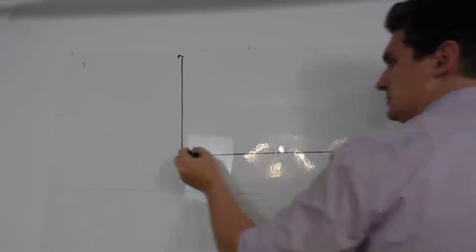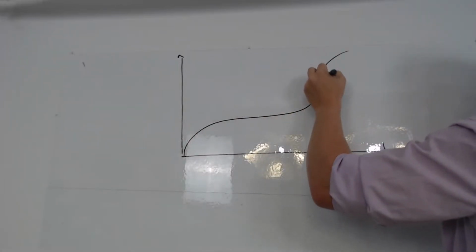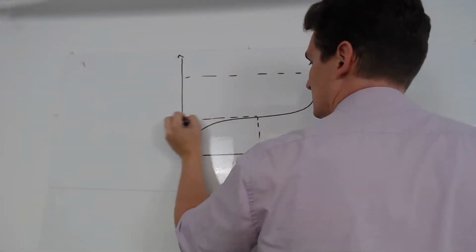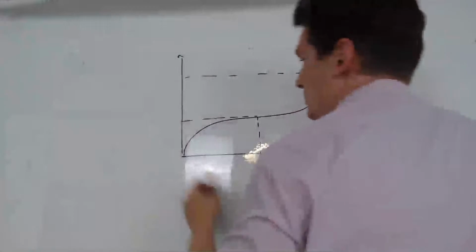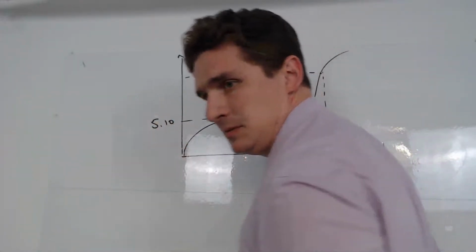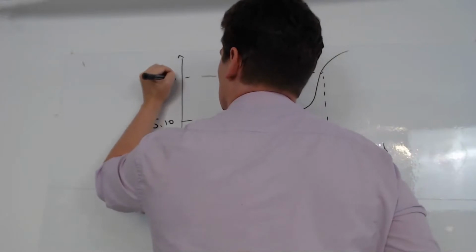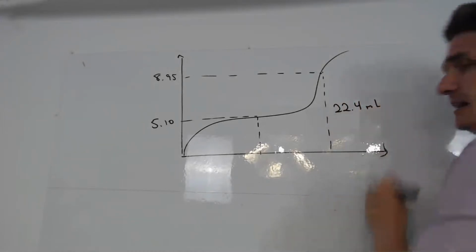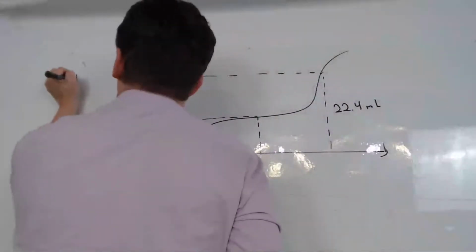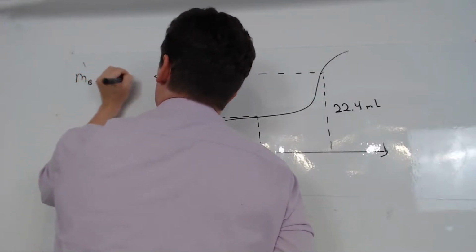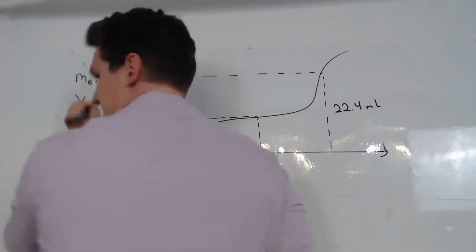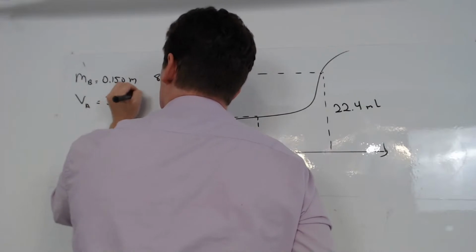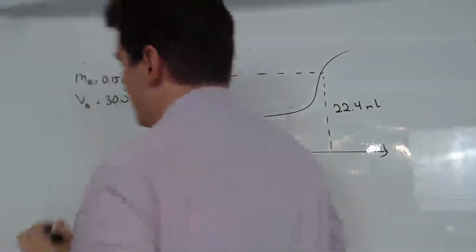in this plot, you're given the pH is 5.10 here. pH here is 8.95. The volume here is 22.4 milliliters. Other information you're given, the molarity of the base, MB, is 0.150 molar. The volume of the acid is 30 milliliters. And you're being asked for the concentration of the acid,